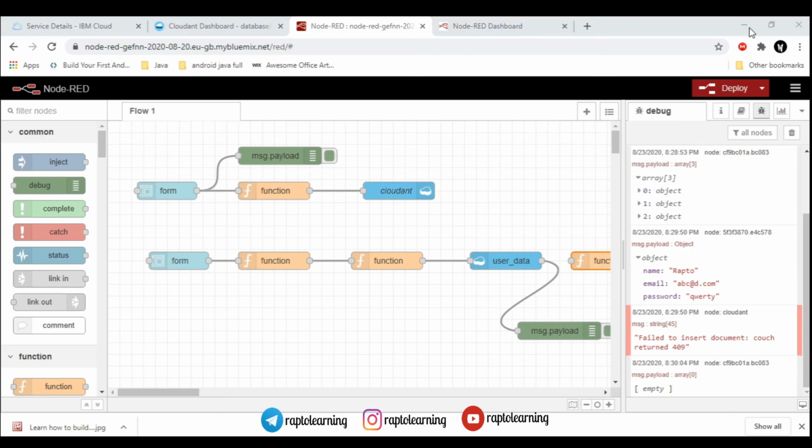Now you have to click on the node that is between user data and message.payload, and delete this node, and the flow should pass through the function. To delete any flow, just click on it and press the delete button on your keyboard, right? You cannot just drag and drop the entire node, so please take note of that.